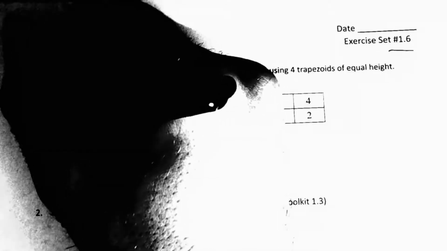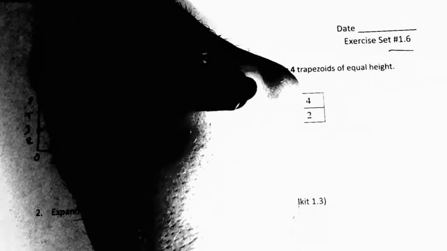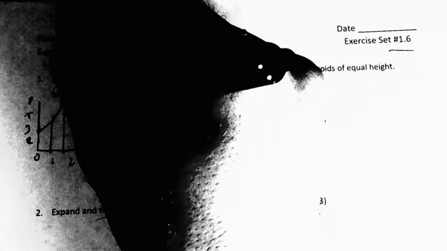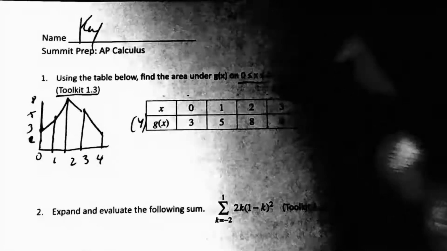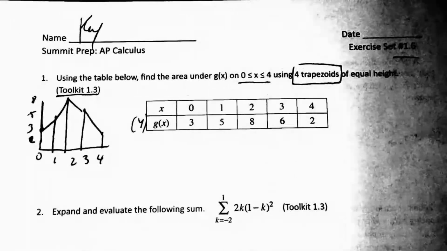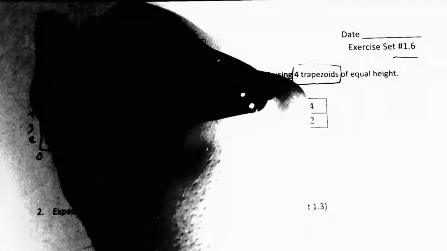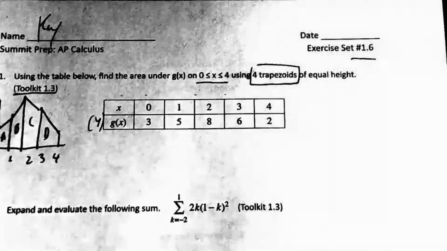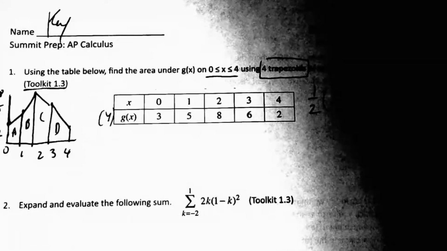And I'm gonna make my trapezoid. So I'm gonna have a trapezoid connecting these two, a trapezoid connecting these two, a trapezoid connecting these two, and a trapezoid connecting these two. So that's 1, 2, 3, 4. Four trapezoids, which is what I want. Okay. So for the sake of this, let's make it easy, let's call this trapezoid A, trapezoid B, trapezoid C, trapezoid D. Now to solve this, you need the equation for a trapezoid, which is 1/2 times the width